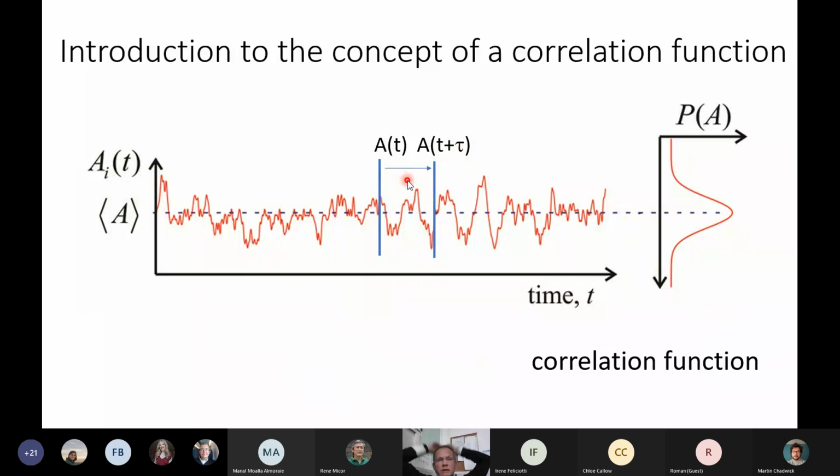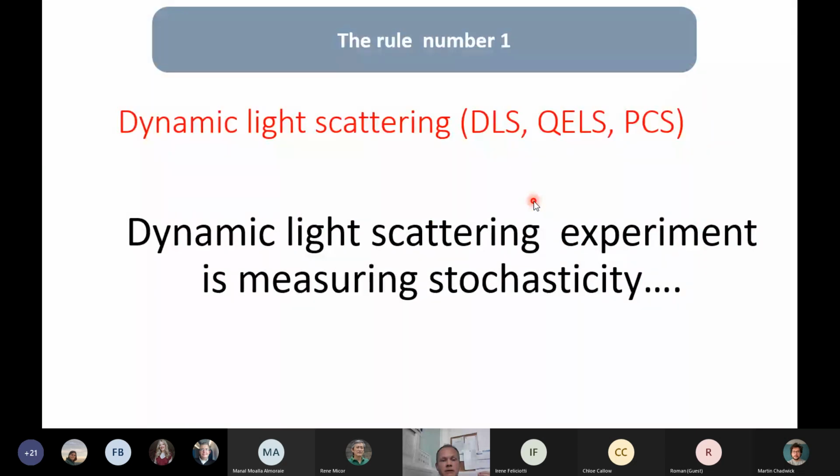This is extremely important when we are talking about dynamic light scattering, because having the values of this correlation function for different taus, for shorter tau time distance or for a larger period of time, we can analyze the scattering from solution. And the rule number one that you guys should take home is that